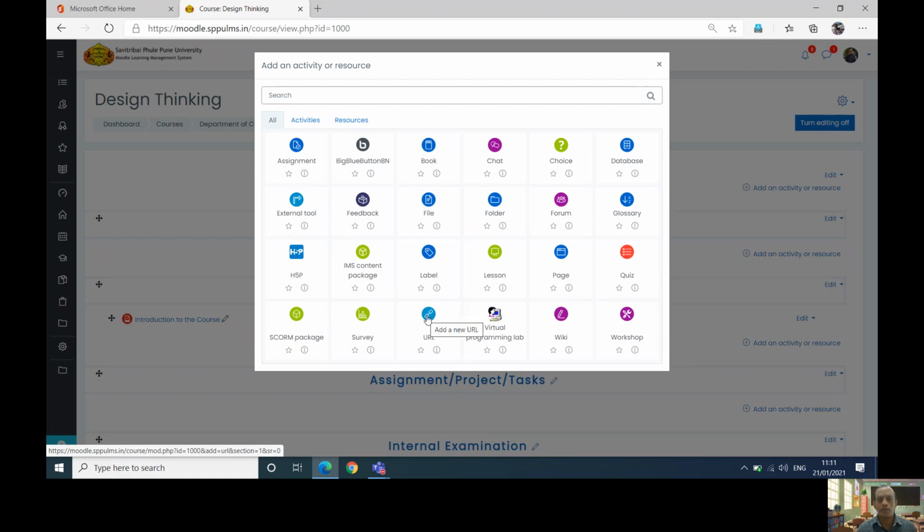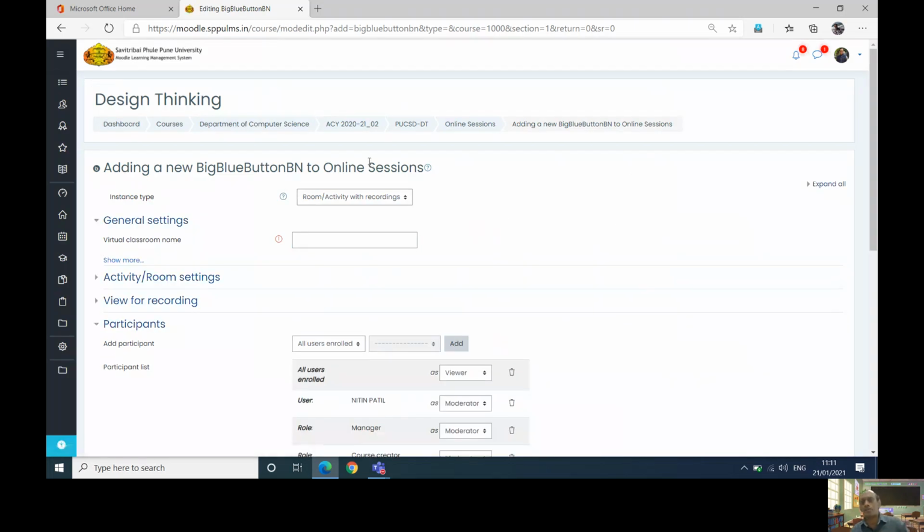by using this URL. Okay. Or otherwise, if you wish to conduct a class using this big blue button, we have added this facility as something new, which was earlier there in versions as well, but we hadn't integrated it in the earlier version of it. So you give here, say, title, session number 1.